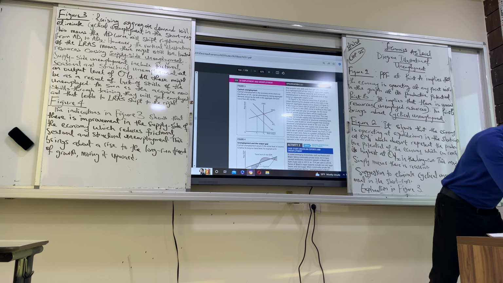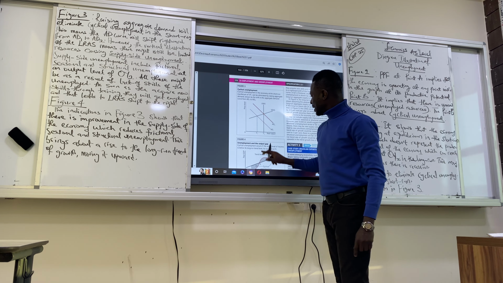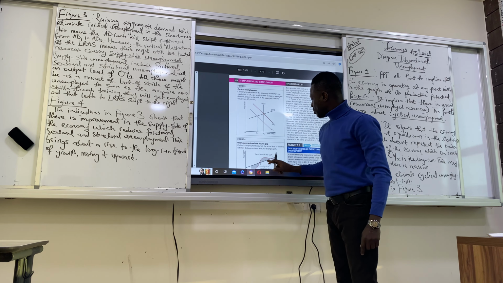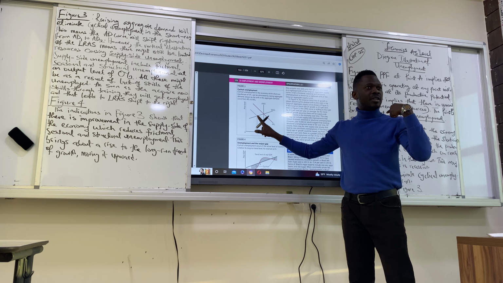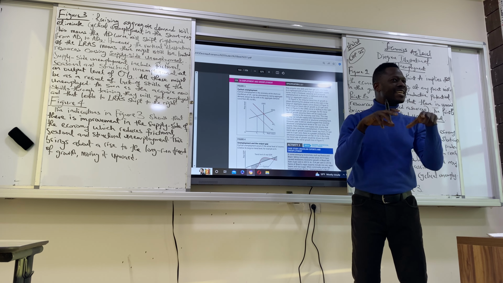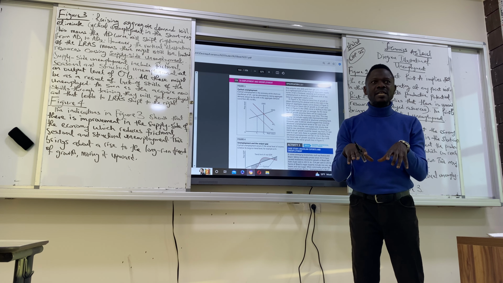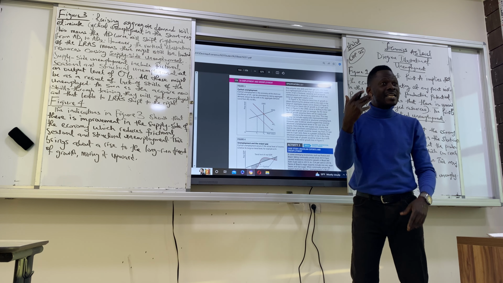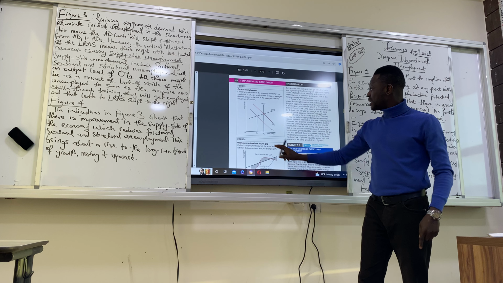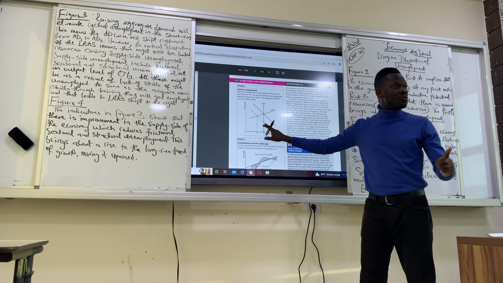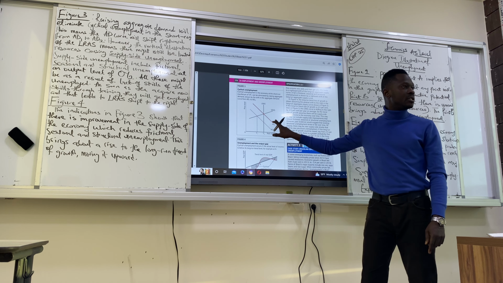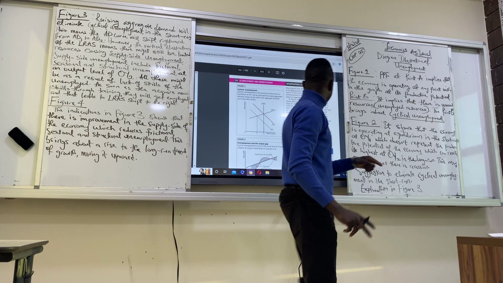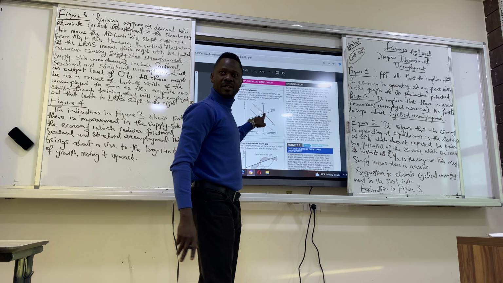So look at figure 3 now. Based on the fact that we are here at equilibrium in figure 2, we want to eliminate this thing. We want to eliminate the equilibrium within the short run. To eliminate it, we have to raise the aggregate demand. So raising the aggregate demand curve means that the aggregate demand curve will shift rightward from AD1 to AD2. Then our equilibrium will be in the long run aggregate supply.